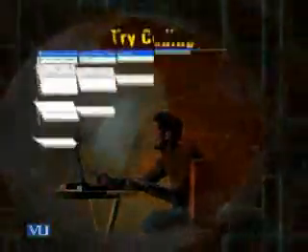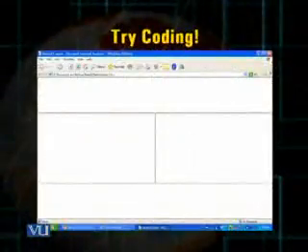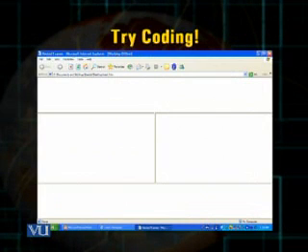Next, I want you to do some coding regarding the nesting of frames by yourself. So I am giving you a simple assignment for this purpose. You can see in the slide that there are 4 frames to be created. You have to do the coding for this. You have to create the frame set page.